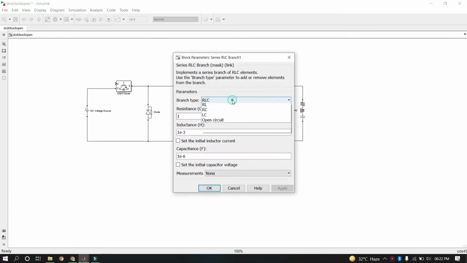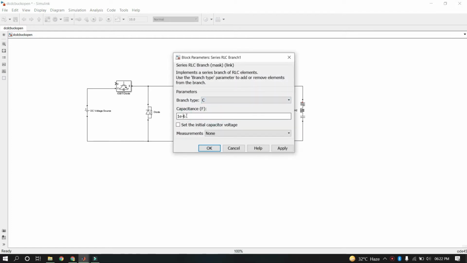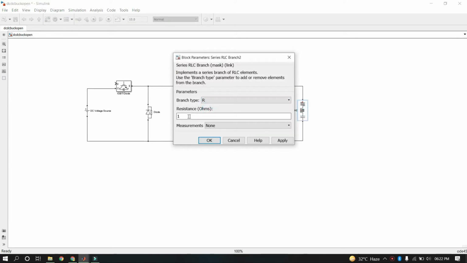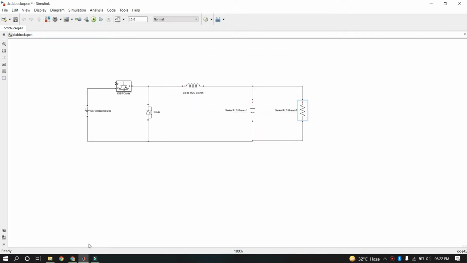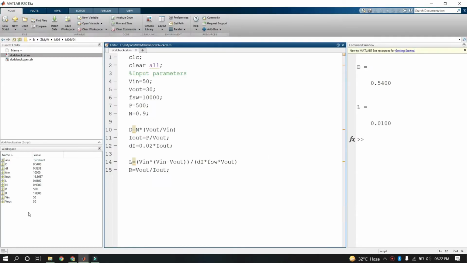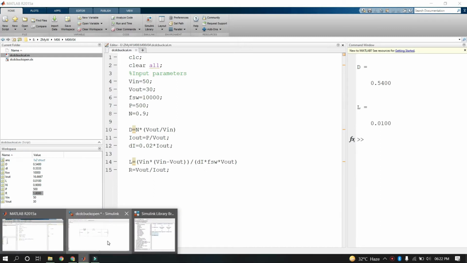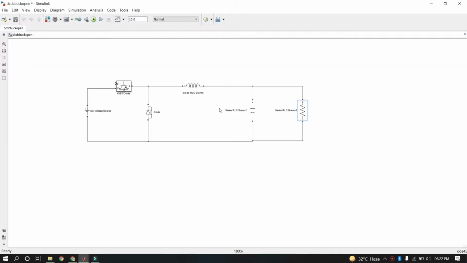I will convert this into the capacitor, and again I will take this 1100 microfarad, and here I will just select the resistive load, and we know that the value of the resistance is 1.8. We have got this value from this program only. Here you observe the resistance value is 1.8. So in the previous video we have calculated this value, so the resistance value we will take is 1.8.